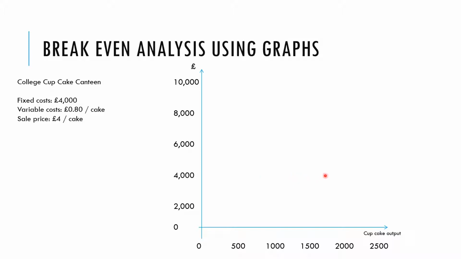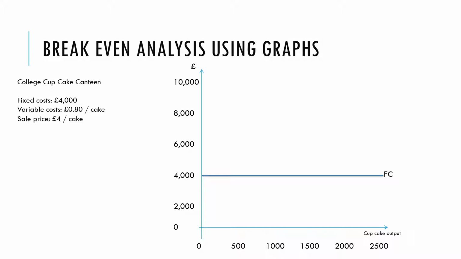The fixed costs are £4,000. So a line to indicate that would look like this, a horizontal line which indicates the level of fixed costs we would be paying for any number of cupcakes we might produce. And so I would suggest in your notes that you sketch the assumptions and sketch this diagram as we build it up